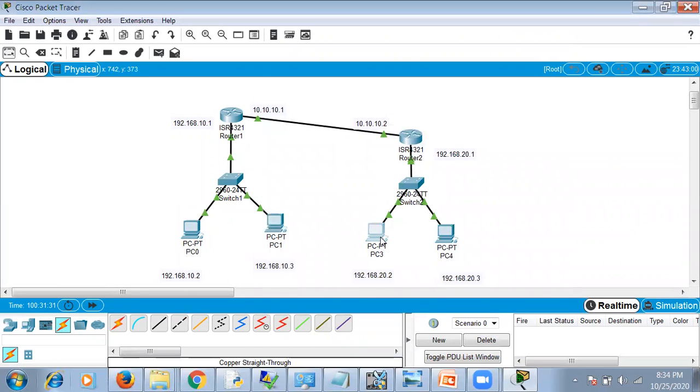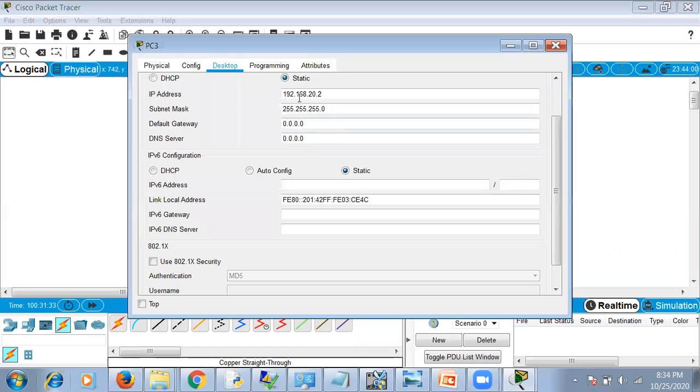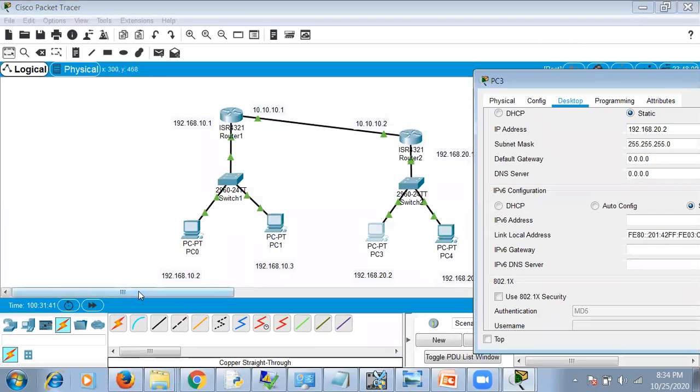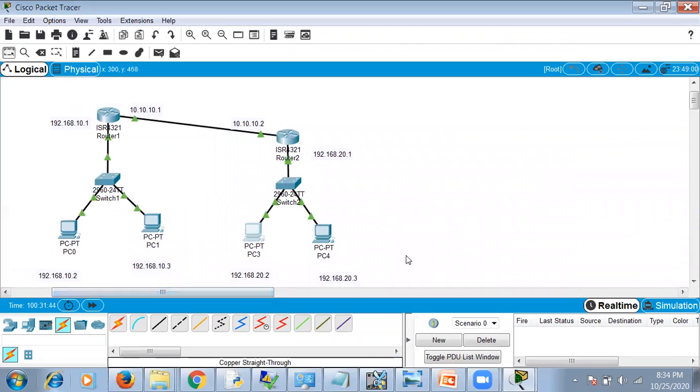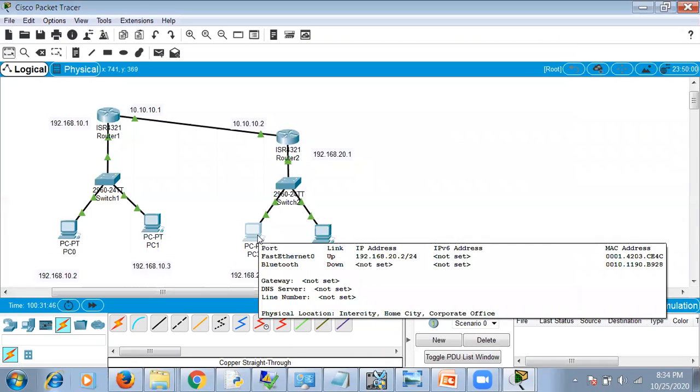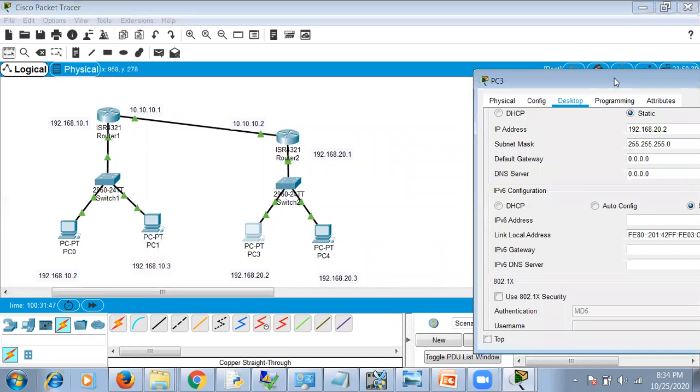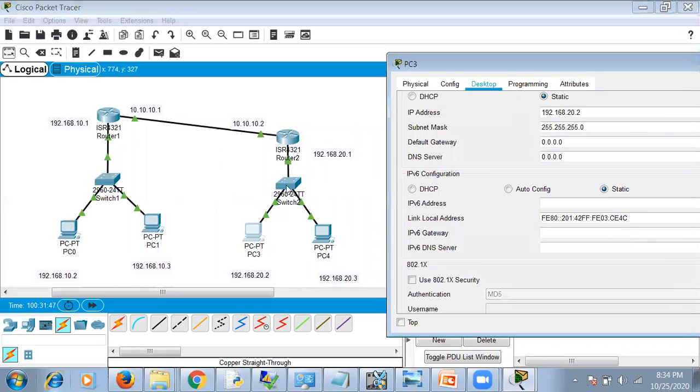Now for the second LAN, we have to set the gateway. The gateway address for this is the address you have set, because 20.1 belongs to this LAN and not this. So be careful what address you set.